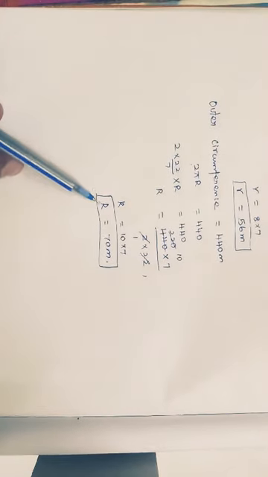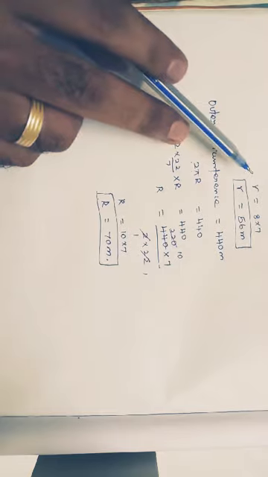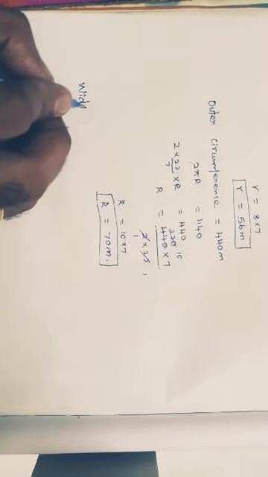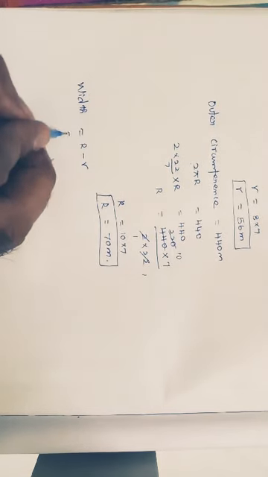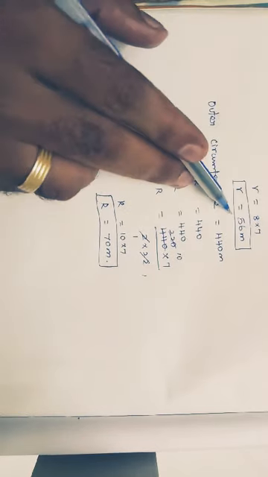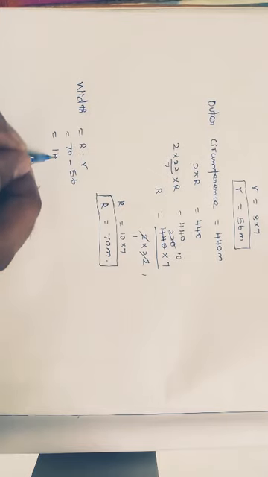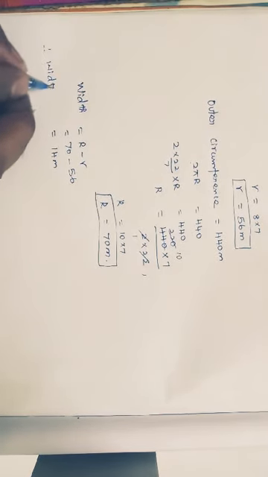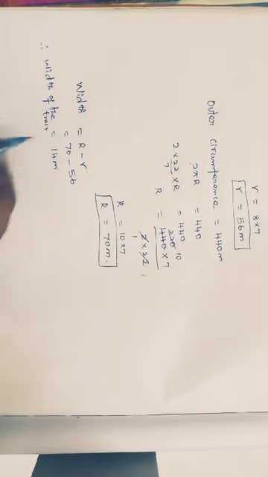Now we know the value of capital R and small r. So what are the things we want to find? Width and area of the track. First we will find the width of the track. So width is nothing but capital R minus small r. Capital R is equal to how much? 70 meters minus small r, which is 56. 70 minus 56 is equal to 14 meters. Therefore the width of the track is equal to 14 meters, right?